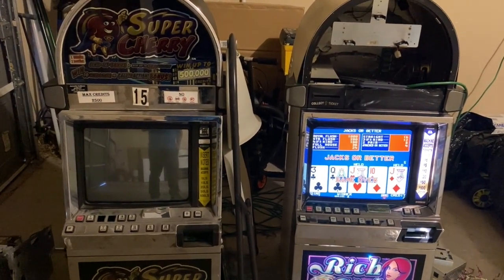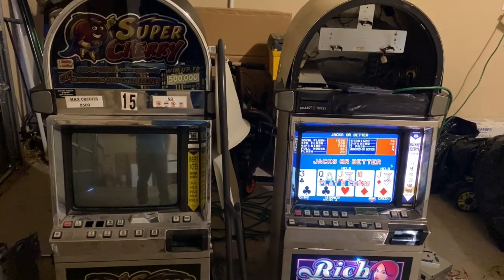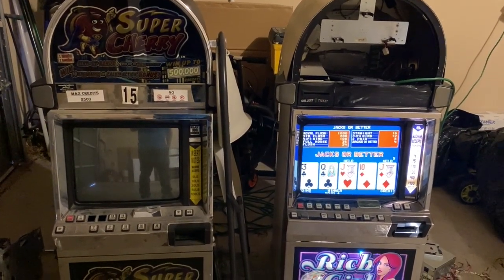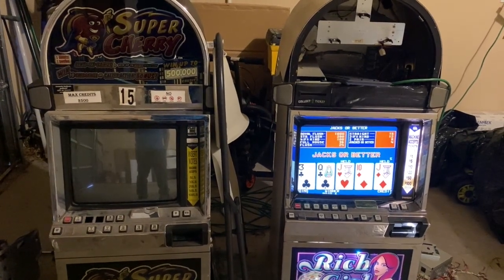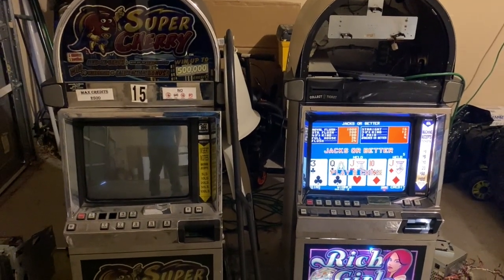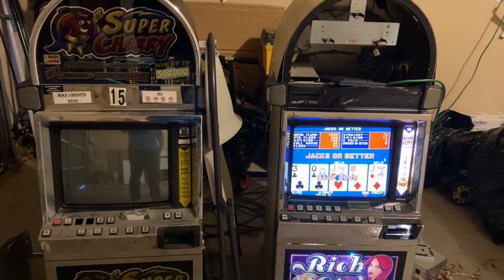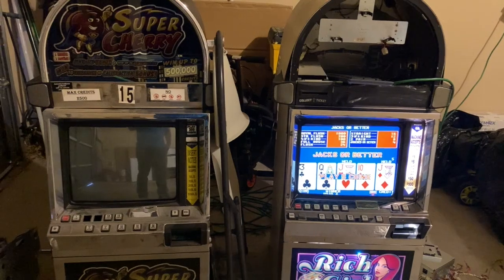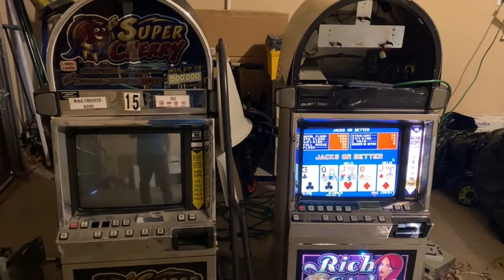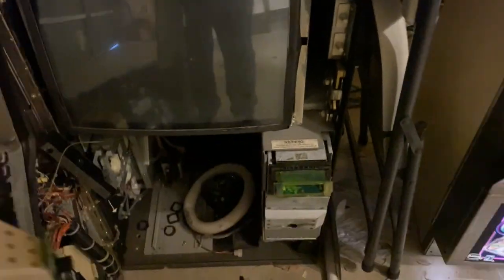Those work with buttons, do not require touchscreen, which is good for the readily available materials that I had. And so that's what I'm using. So obviously I'm not going to be able to put in that typical 5-reel IGT slot machine that matches the graphics on these two machines, but I can put in some legit slot machines and video poker games that can run on these machines and look more legit than it would be in an arcade cabinet. So just to kind of show you what it looks like to start with,